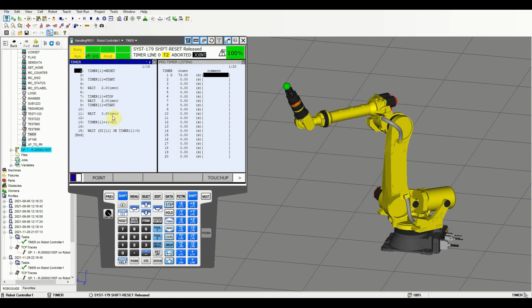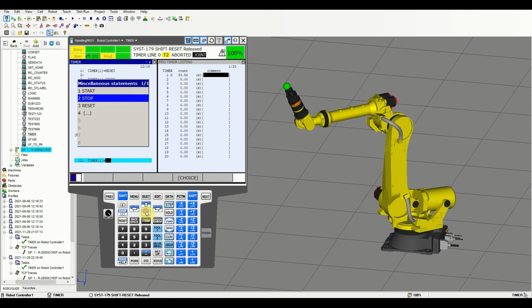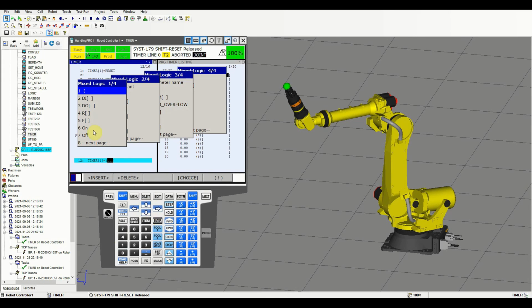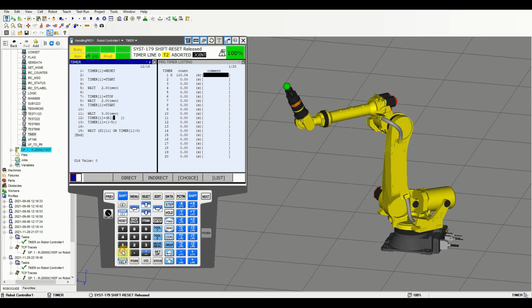So using the same function as I did, when you go to instruction, miscellaneous, timer, the same thing. Our timer number 1, you can assign it to a function, and you can choose a register. Let's say register 10. This way, you're going to store the value of timer 1 to